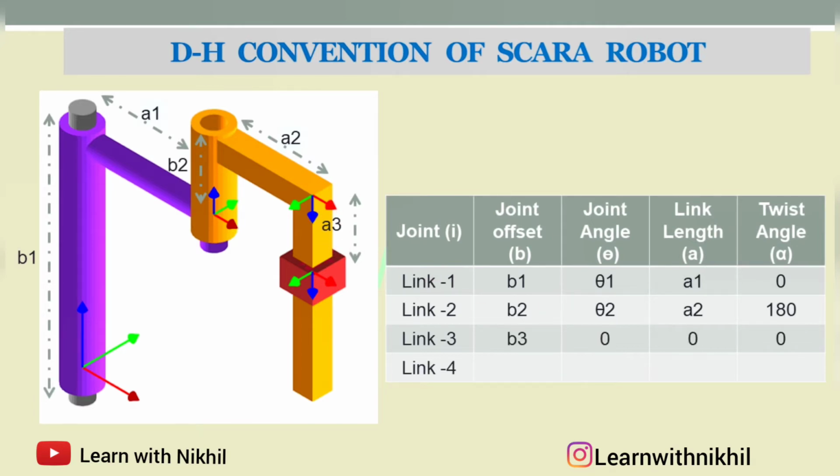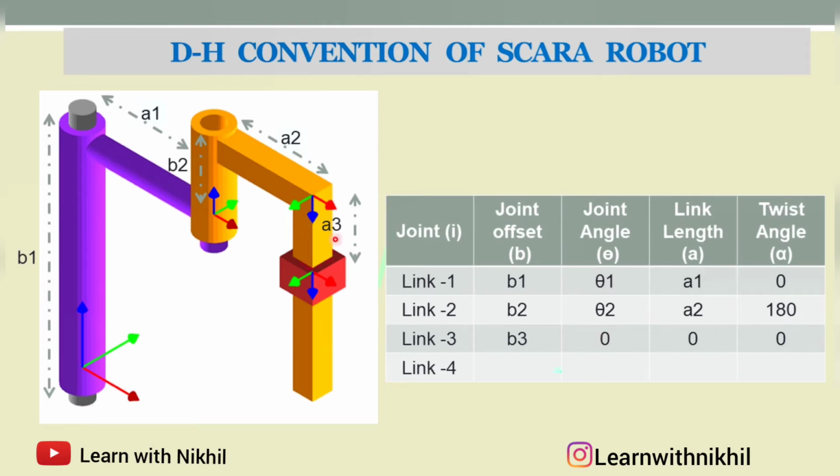Similarly, for the third link, here it is a prismatic joint, so you have to move accordingly. For the prismatic joint, as I have told earlier, the joint offset is variable, so this B3 will compulsorily be there. As this link moves, the joint moves up and down, so there will be a joint offset. For a rotary joint, this too can be 0, but here there should be a joint offset, that is B3. The joint angle in the prismatic joint is fixed and it is considered as 0 in this case.